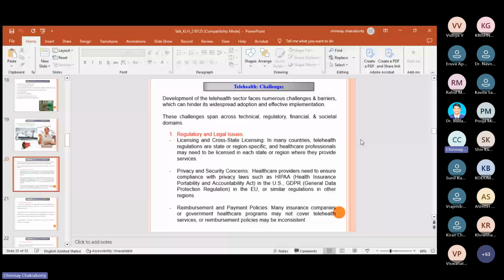Another one is the reimbursement and payment policy, where many insurance companies or government healthcare programs may not cover the